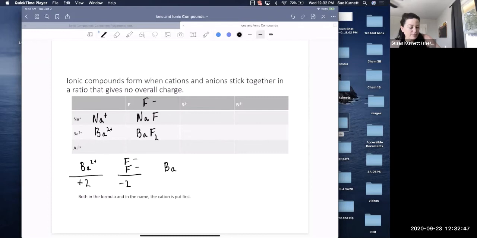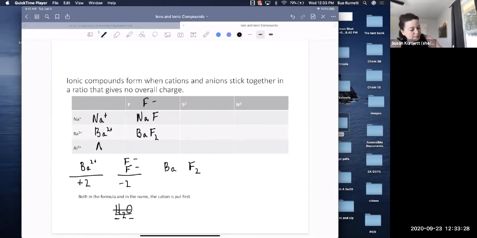Because there's 1 barium to every 2 fluorides, we could write it like this, but if there's a 1, we let the 1 be implied. Like when we write the formula for the molecule water, we say H2O. We could say H2O1 because that's the ratio, 2 hydrogens to 1 oxygen, in every molecule of water. But we don't put this subscript 1 there. It's implied. Okay, this is covalent because these are both nonmetals. So for barium fluoride, we put the cation before the anion, and if there's more than 1 of a particular monatomic ion, we show that with a subscript.